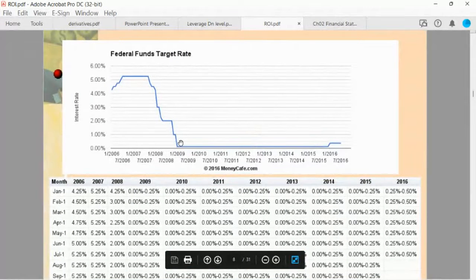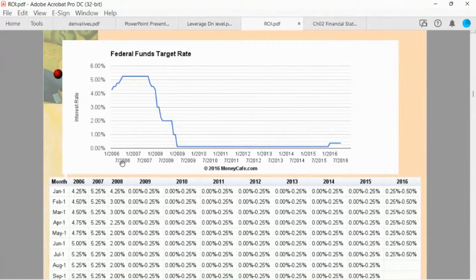So the Fed funds rate is just the target rate, and it's a nominal interest rate. Look at the trend of the Fed funds rate. In early 2000, it was around 1.25. Even in 2002, 2004, it was somewhere around that, 1.25. And then suddenly over just one year, 2005, I believe, Ben Bernanke was the Fed chair at the time,